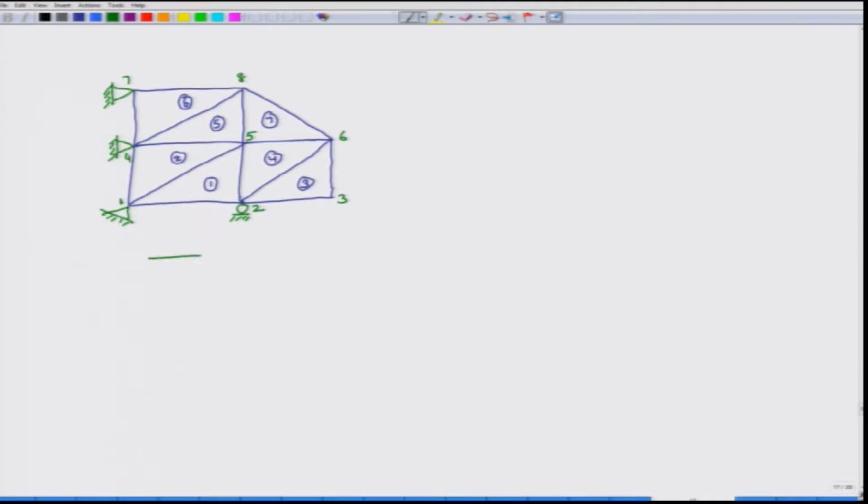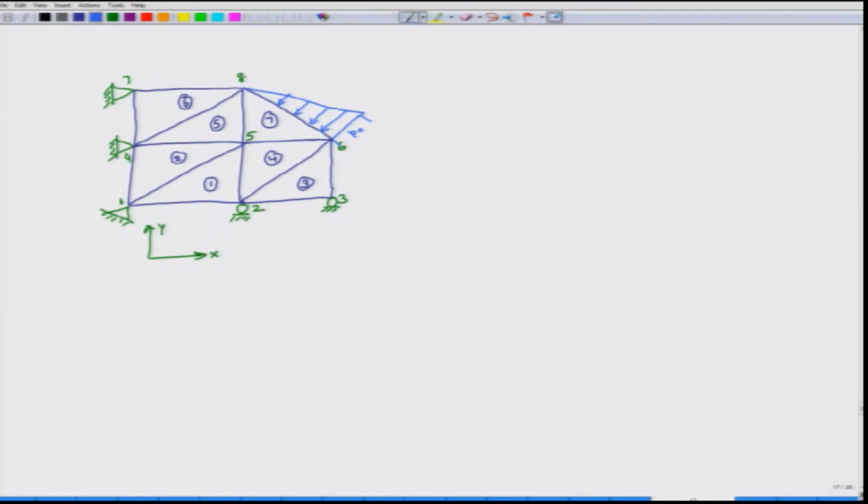So, this is my x and this is my y direction, and at this thing also it is fixed in the y direction at node 3, and then on this surface